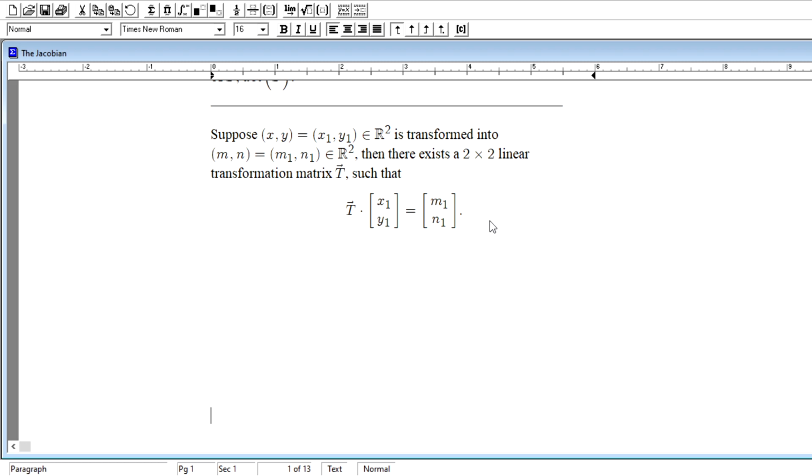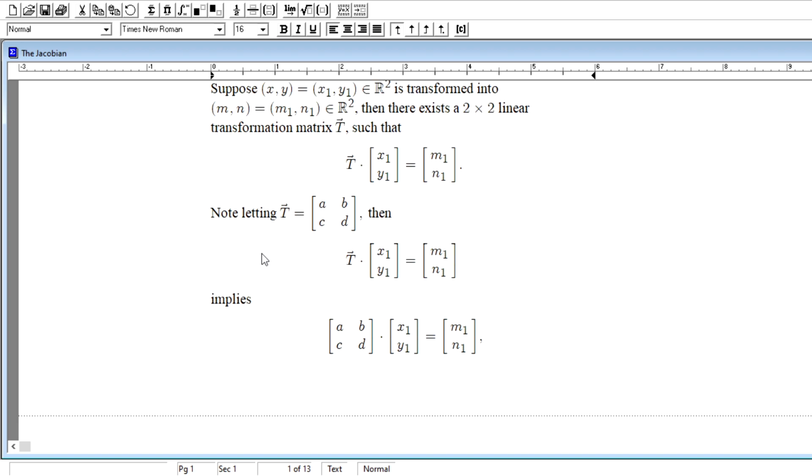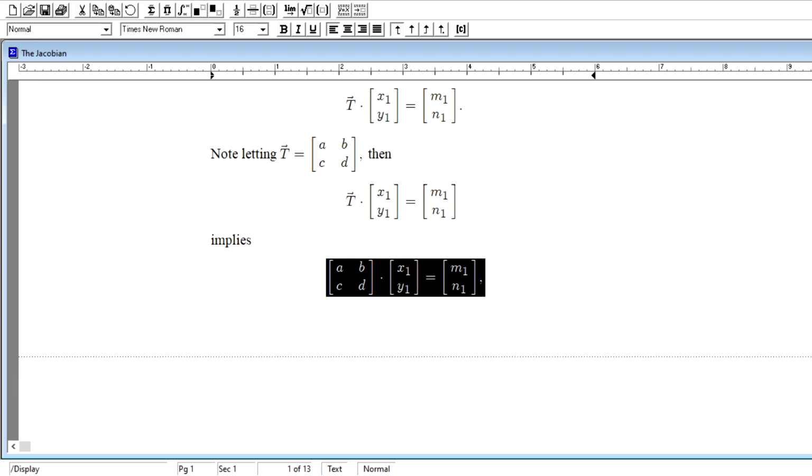Right? If we note here, letting T bar, for instance, be the 2 by 2 transformation just illustrated in general by the matrix given here by A, B, C, D to describe the 2 rows and 2 columns of this matrix, then when we take T bar times x1, y1, which equals m1 comma n1, it ends up implying that we have T times this equal to this,